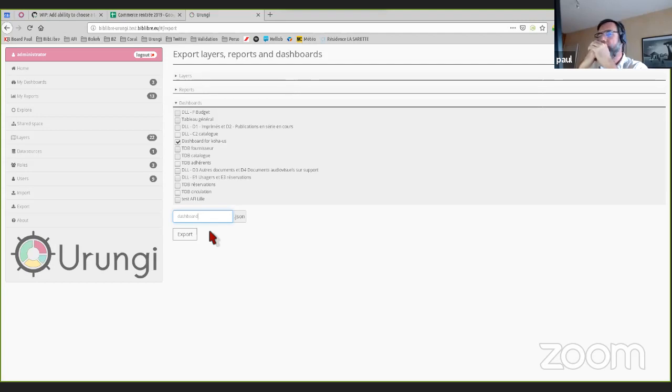And what is great with export-import is that if you update your dashboard, you export it and send it to someone else who uses it, Urangi will recognize that it is the same exported, imported dashboard, and you will update it